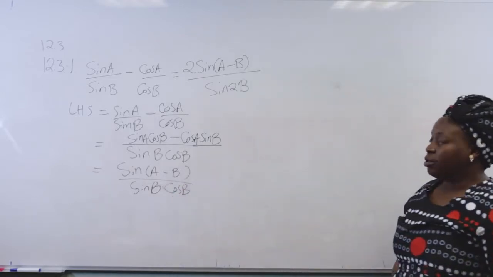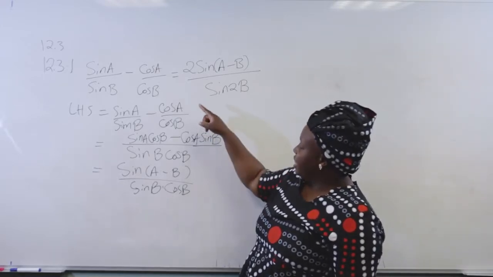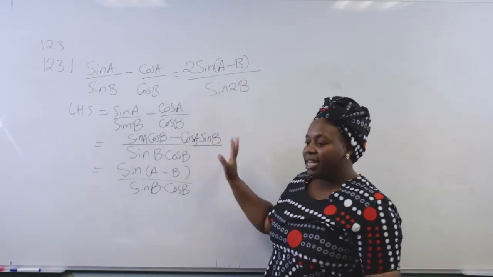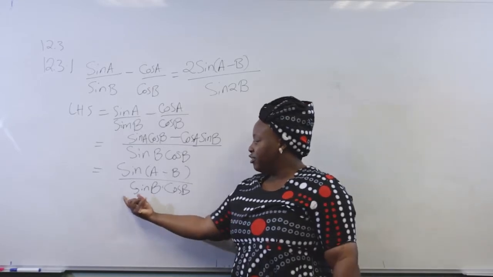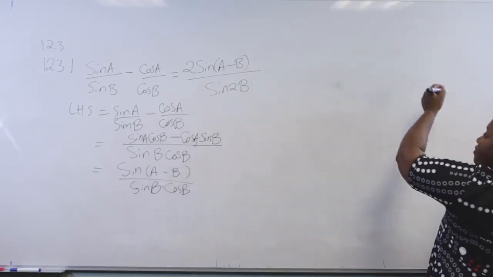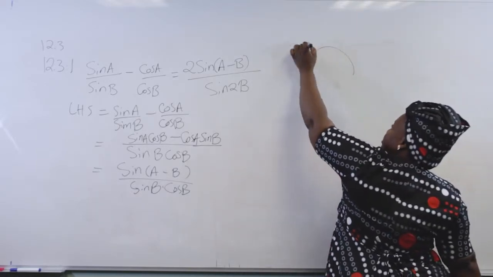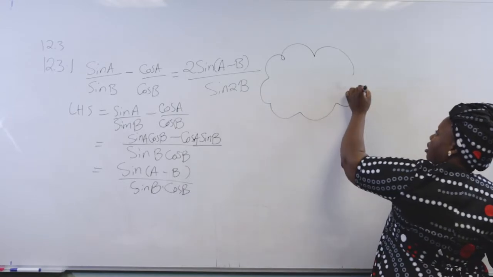Now, so far, this is what you have. And one will say, but I'm having sine B cos B there, and I'm having a 2, and I can't deal with it. And it's not that difficult, guys. If we go back to our formula sheet, let's just write it as rough somewhere. If we go back to our formula sheet, we will find that